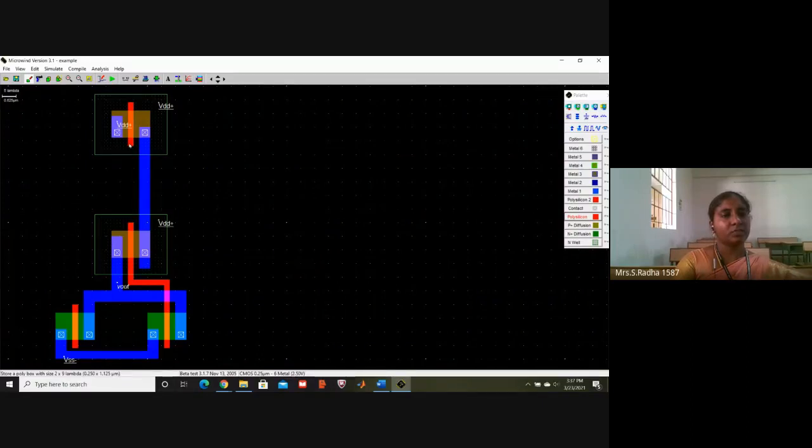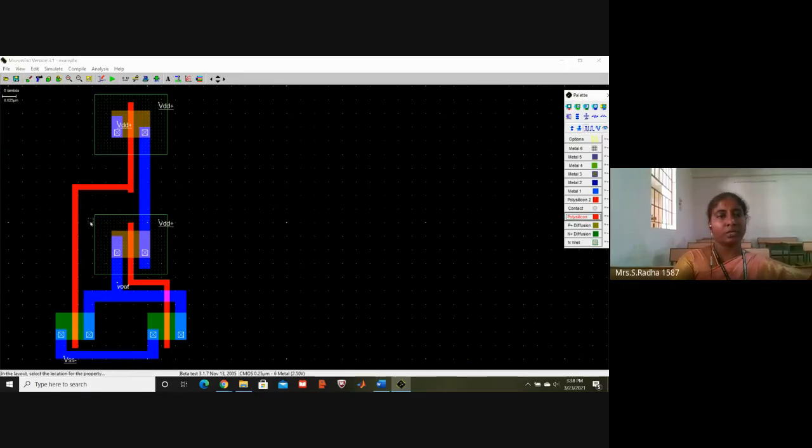Now the first PMOS, first NMOS gate points I have to connect. Okay, first PMOS, first NMOS connected.